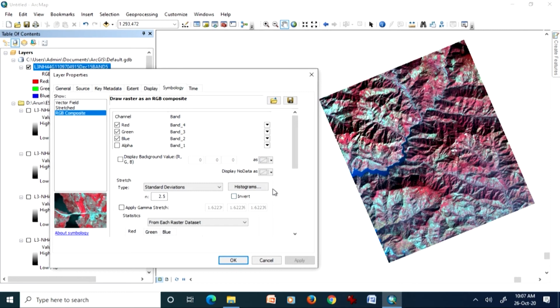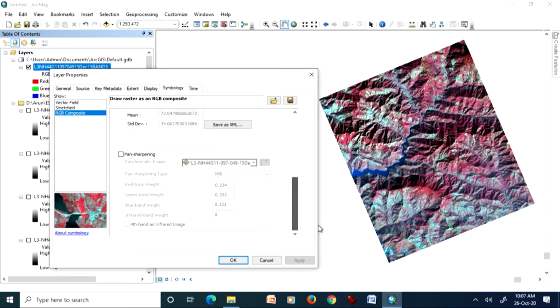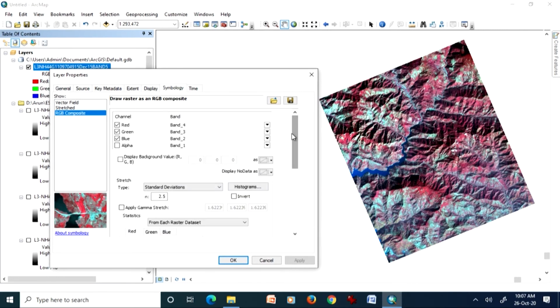What we have seen here is that we can create a false color composite. Once we add or load a false color composite, the red band is assigned to blue, and blue is assigned to red, so we have to correct it.